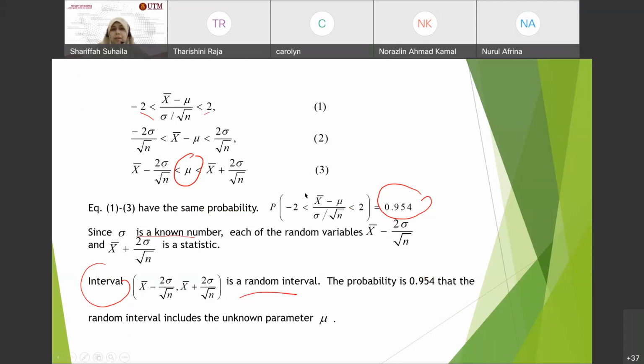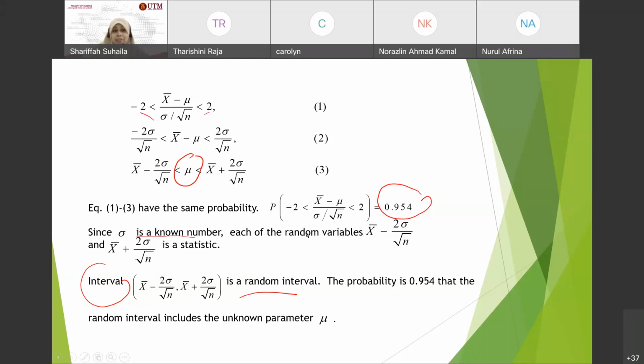For example, let's say this one is coming from a normal distribution. So for the normal distribution, your standardized form is X bar minus mu over sigma over square root of n. So let's say it lies between minus 2 and 2. Okay, minus 2 and 2. So approximately the probability is 0.954. So that means after we expand and then simplify, modifying the algebraic form, we get the lower interval, X bar minus 2 sigma over square root of n, and X bar plus 2 sigma over square root of n.